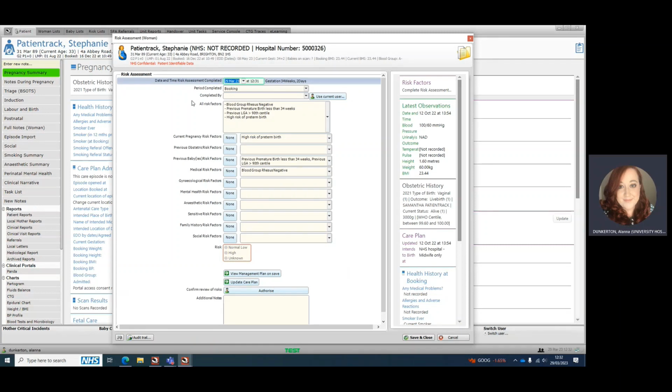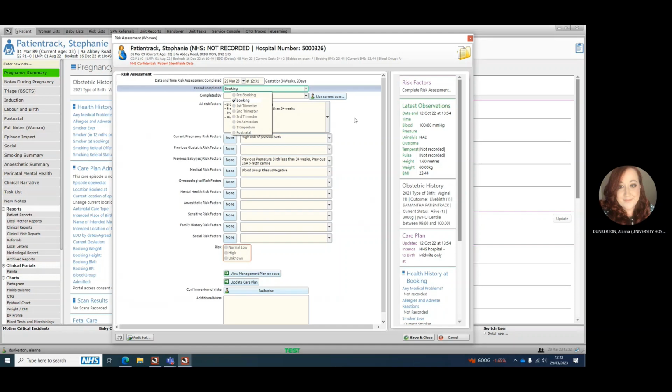Vaginet has picked up from the booking appointment all of the risk factors that are significant to pregnancy. So it might be that it doesn't cover everything. If it doesn't cover everything, we can add in more, but obviously they are here. We have the option of being able to do it multiple times. So we've obviously got our booking one, we can do different trimesters, when they come in on admission, intrapartum and